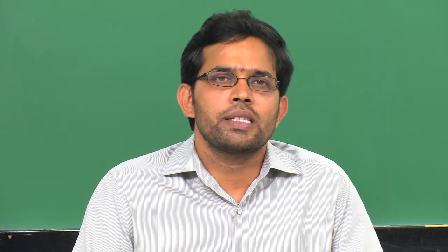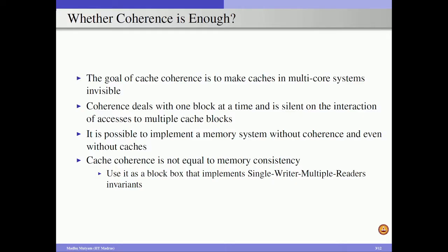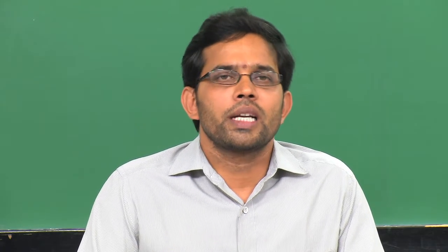So, we can use this cache coherency mechanism for helping our memory consistency models. We can use cache coherency as a black box that implements a single-writer and multiple-reader invariant. When we have a cache coherency system in our multi-core processor, when we perform multiple reads, we are not going to change the content of that cache block or the memory block. But when we want to perform multiple writes, at any point of time only one write will be applicable on a memory location or a cache block, and as a result all the writes to the same block will be serialized,